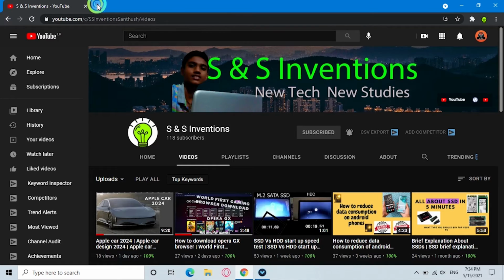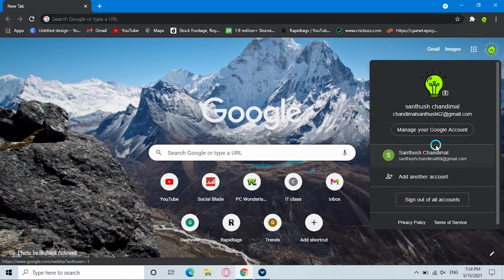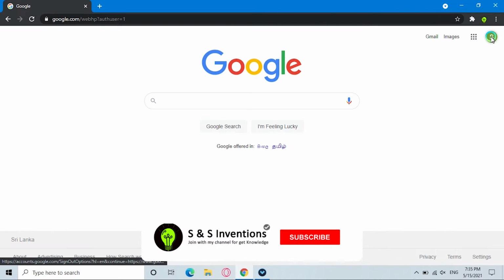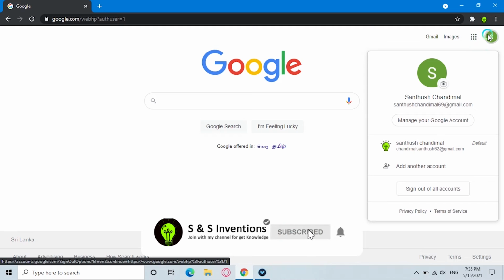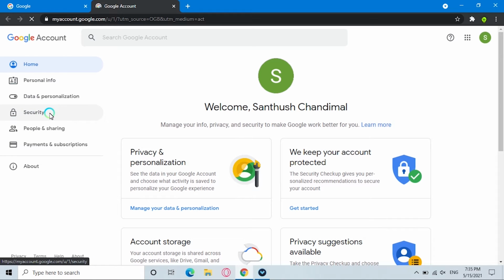Now you have to close this and go to another tab, and there you can see your account. Choose the account which you are going to install Tubebuddy on. Then choose it, and from here there is also a menu. After you choose your account, click on manage your Google account. From here go to security